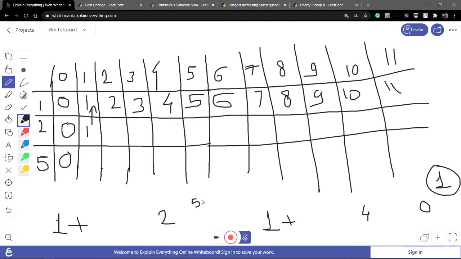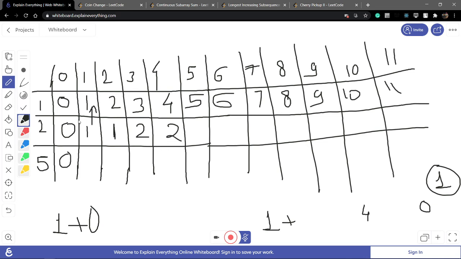3 rupees. How to make 3? Not analyze it. This is a approach. Now this is a 2 minus 2, 0. So I go to a 0 column and same row. What is the value? 0. So 1 plus 0, 1. I go to 3. 3 minus 2, that is a 1. Goes to a 1 column and same row, that is 1. 1 plus 1, 2. Okay, I go to a 4 column and 2. Minimum what is the value? 4 comma 2 yani 2. 2 comma 1. And required 2 coin.